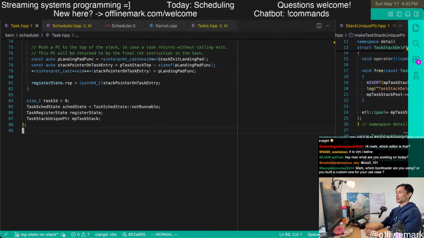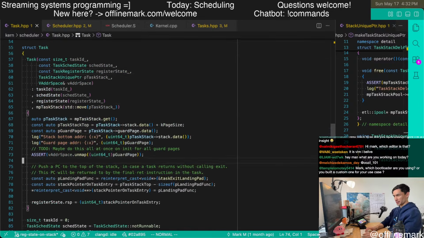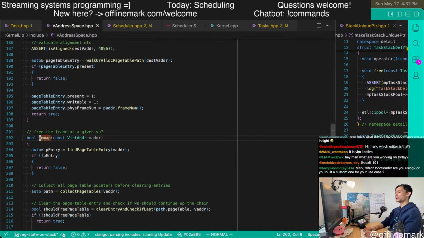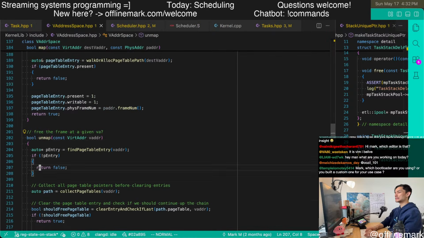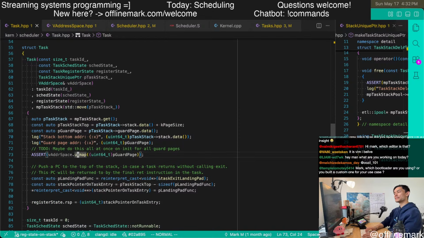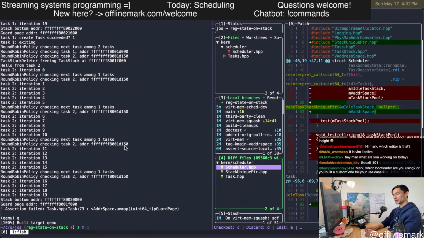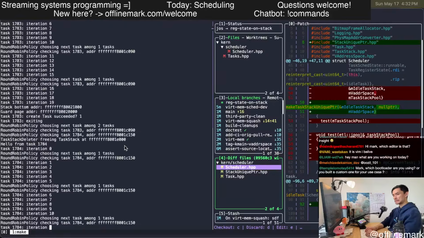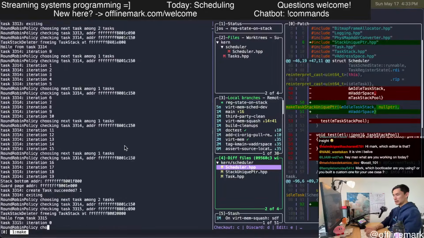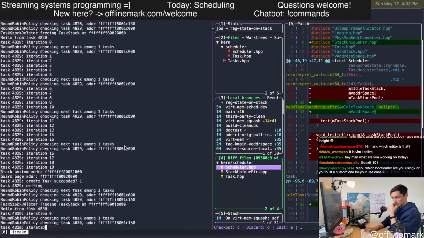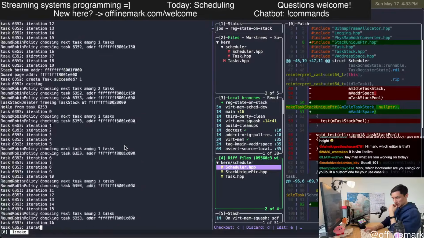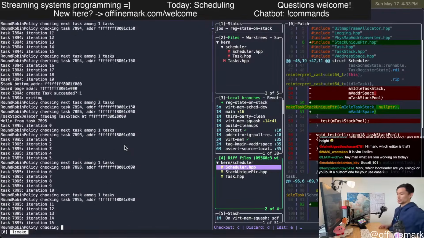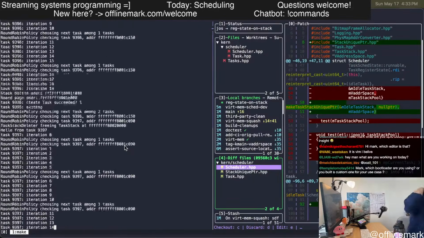I'm not quite sure why the unmap is failing. I'm just going to comment that out for now. Okay. So this looks pretty good. Give me 1 second, it's a bit warm over here.